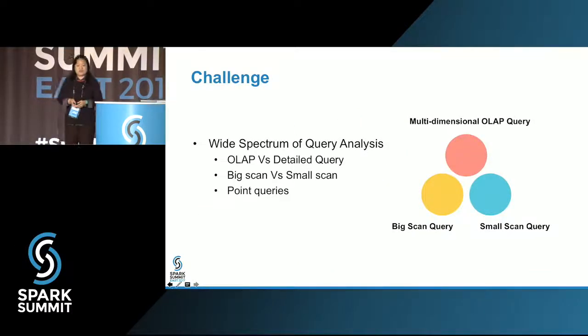But still, we are seeing some challenges when integrating with enterprise applications. In general, they still prefer or require very low latency on a wide spectrum of query analysis. From OLAP type of queries, which involve joins and aggregations, versus detailed queries, which might fetch many columns out of wide tables. From big scan type of queries, which scan a big chunk of data out of a huge table,